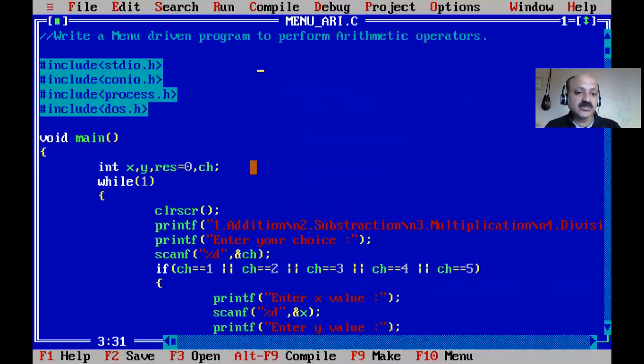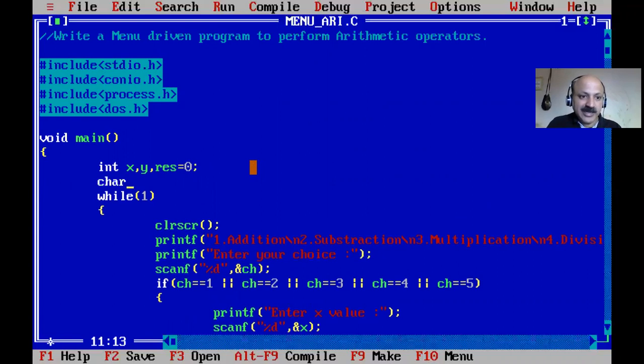So first, in your mind, how can we give a character constant in arithmetic operation? Here is the possibility. I just change this choice variable from integer and take a character variable ch, and here in the scanf function we use percent c for the character data type.